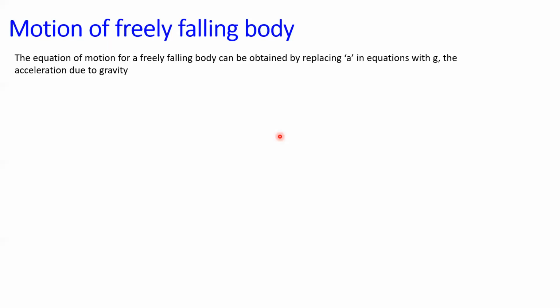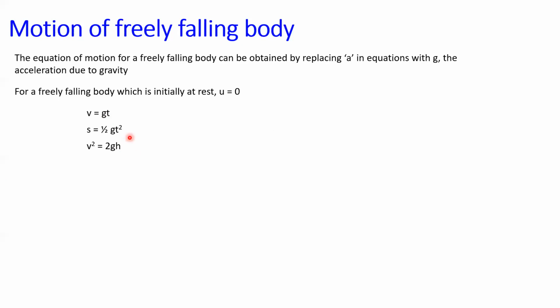Since the objects are coming down, they are acted upon by a gravitational force, where the initial velocity u is equal to 0, and the acceleration a is replaced by g. So when it is coming down, g should be given a positive sign. So we'll get v is equal to gt, s is equal to half gt square, and v square is equal